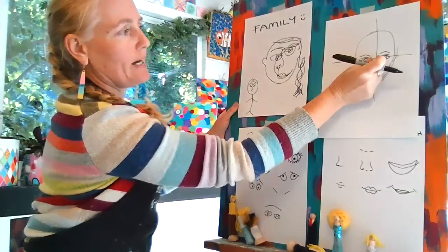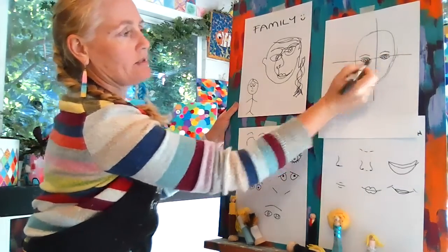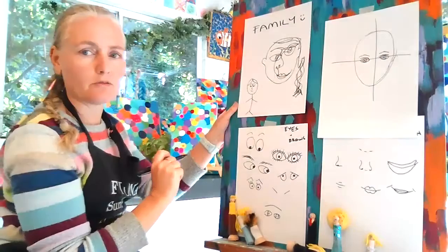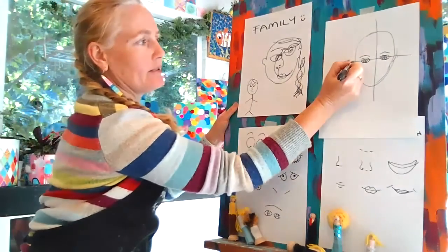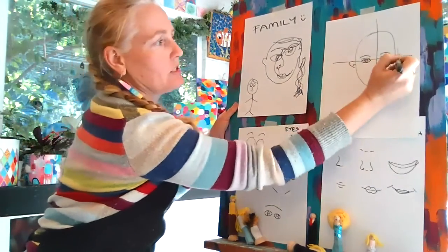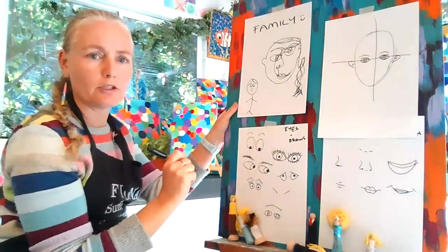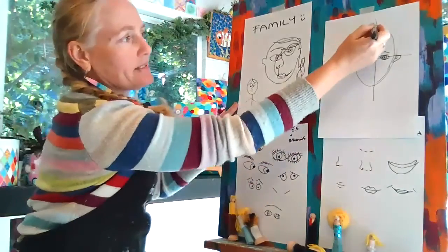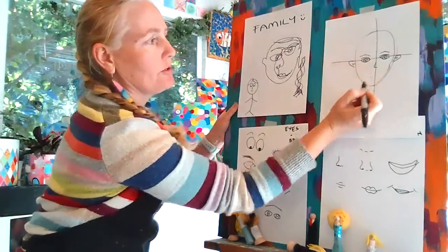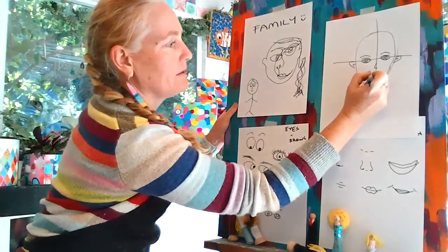However big you draw your eyes, there's usually about an eye's width between your two eyes as well. Just another little guide. Your ears are at the same level as your eyes. And don't forget ears. People often forget to draw their ears in. Okay? On that central line is where you're going to draw your nose. And then we're going to draw in our little